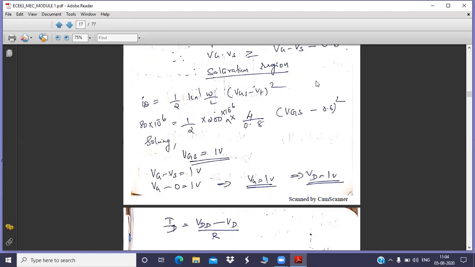Now you can solve this. The solution method I already put in the WhatsApp yesterday, and you might have gone through that. From this, you can solve for VGS. How will you solve? By simple mathematical operation. You can take 2 to the left side and rearrange this, taking square root on both sides. You can solve for VGS. Understood? So this you need to thoroughly practice.